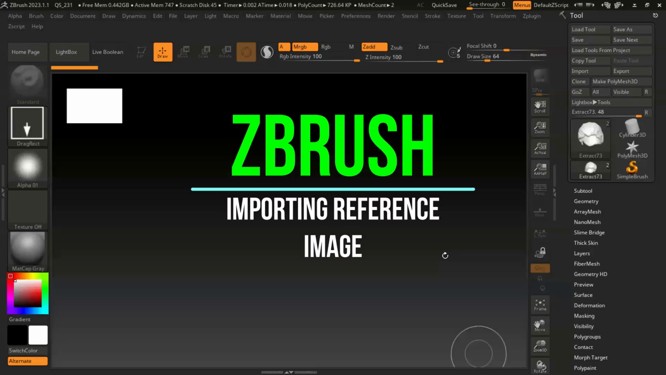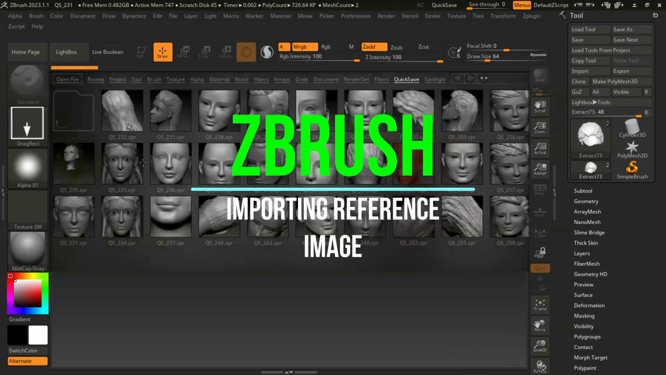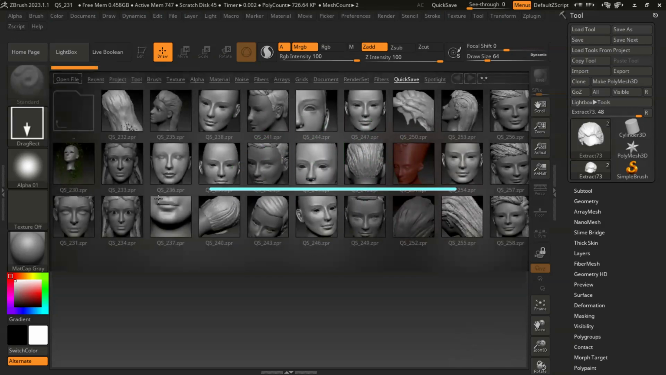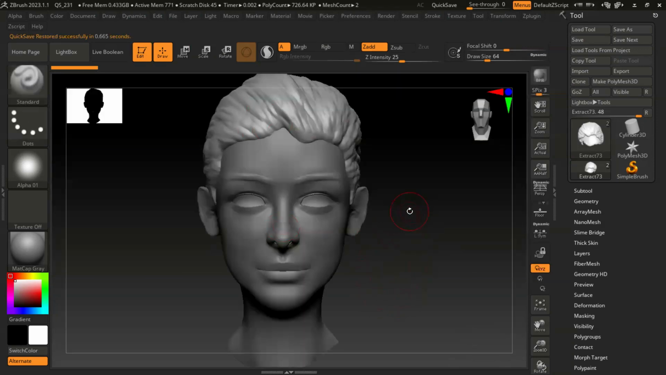Okay, so in this video I'll teach you how to bring the reference image into the ZBrush workspace. Let me take one. You can bring your head model or something. I'll take this. Now I'd like to match exactly according to the reference image, so you should know how to bring the image plane or reference image, front and side, into the ZBrush